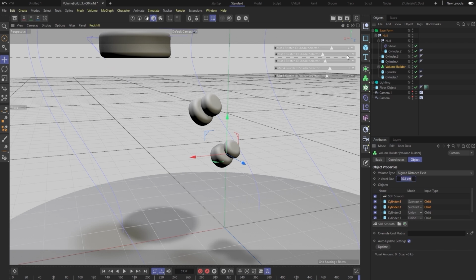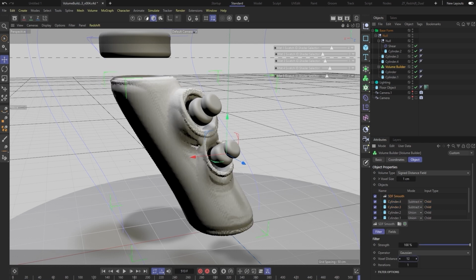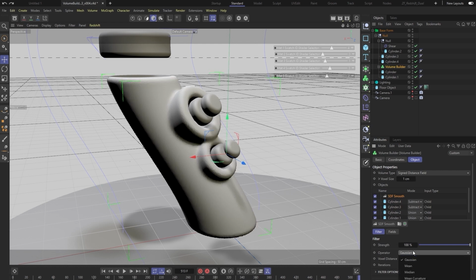There we go. I'm going to return it to 1, and briefly play with some of the adjustments that we have here. I like to go through some of these options for the blending mode and see if I can get any other results that are pleasing to the eye. Iterations usually in any of these selections will increase the render calculation time, but sometimes you can still get good results, depending on what your goal is.